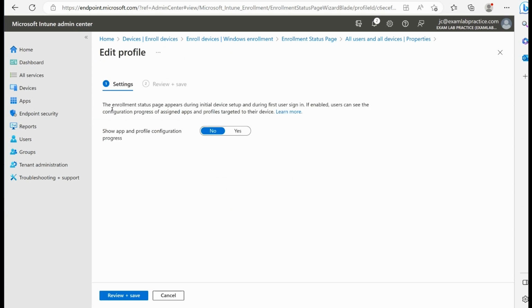Right now, it says the enrollment page appears during the initial device setup and during first user sign-in. If enabled, users can see the configuration process of assigned apps and profiles targeted to their device. Show app and profile configuration progress. So currently it's set to no, which means it's not showing any progress when a user is waiting on things to get installed. So with Autopilot, when this is all being deployed, they're not getting any kind of progress